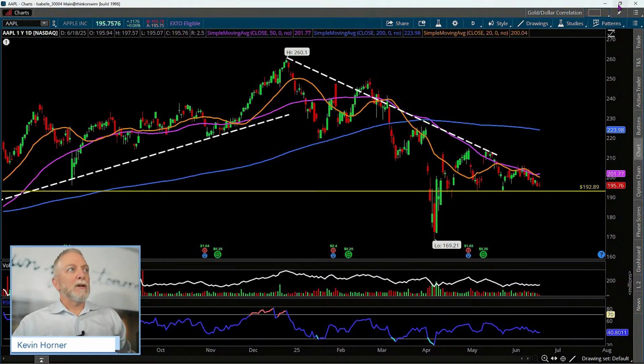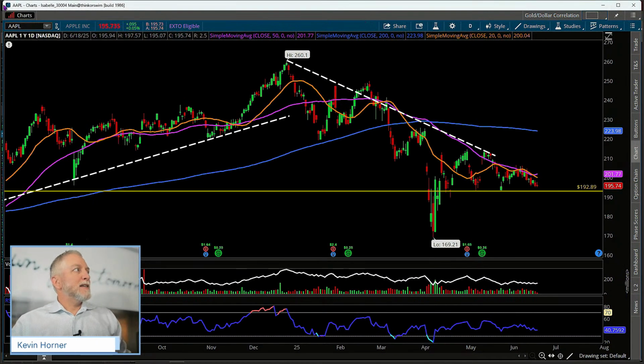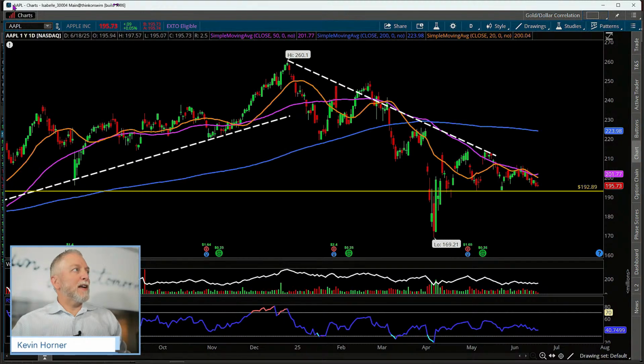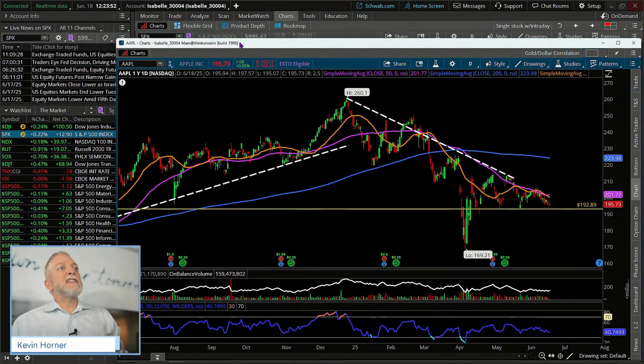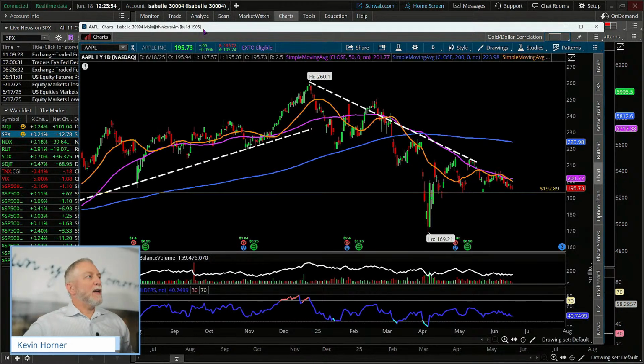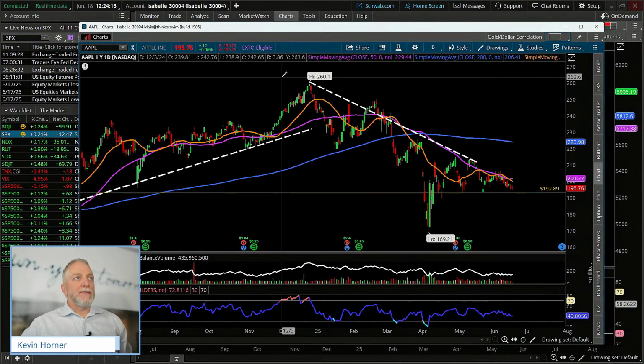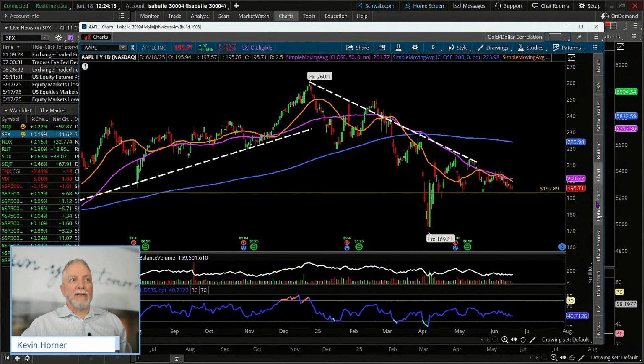So first, remember that this is a separate chart from everything else, right? I have detached this chart, okay? So it lives outside of the housing of the Thinkorswim platform that you see in my borders if you follow my mouse here, right? So all of that is the housing of the Thinkorswim desktop, and I've simply detached one single chart, and I have now loaded Apple in that chart, and I have activated the buttons.